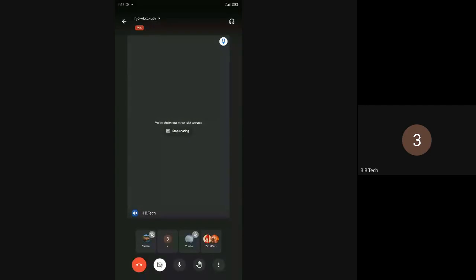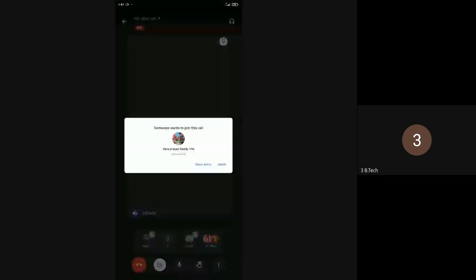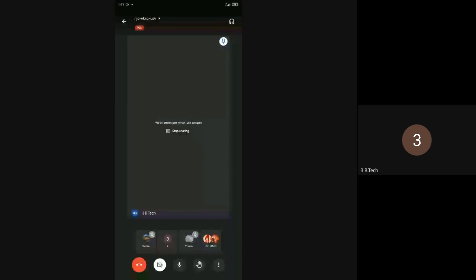Okay, so I'll start the class for now. In yesterday's class, I explained the pin description of 8086 completely, and I gave you a clear idea about the minimum mode pins and maximum mode pins. I also explained the function of each pin, which is operated in minimum mode and which is operated in maximum mode. So am I audible?